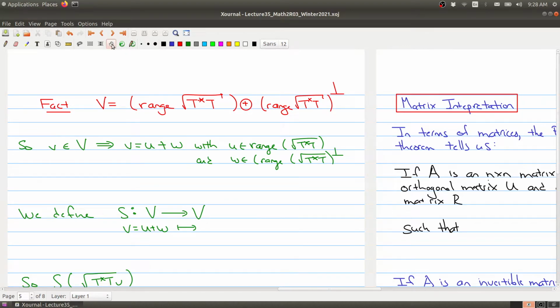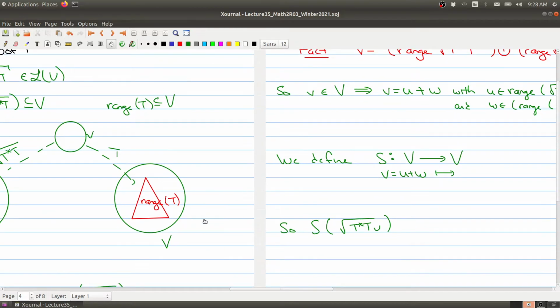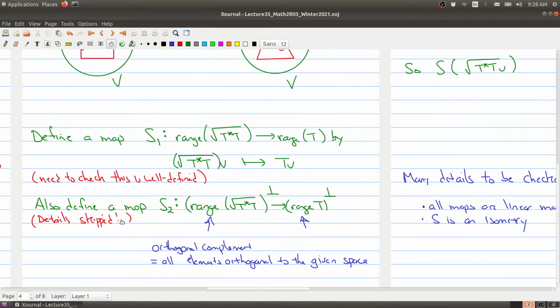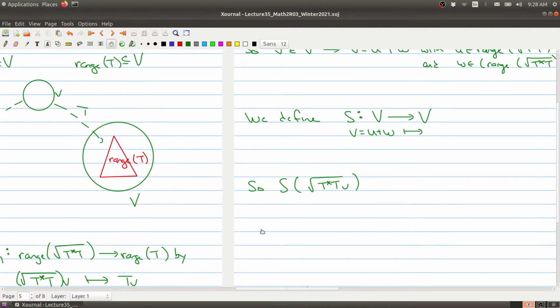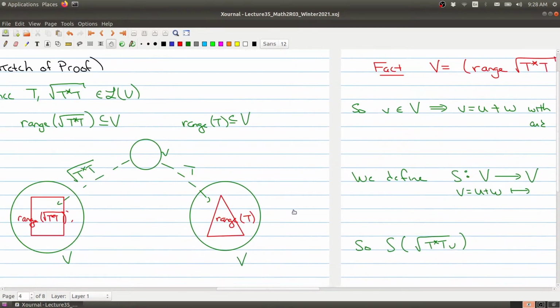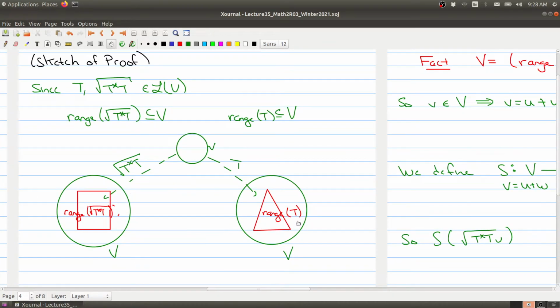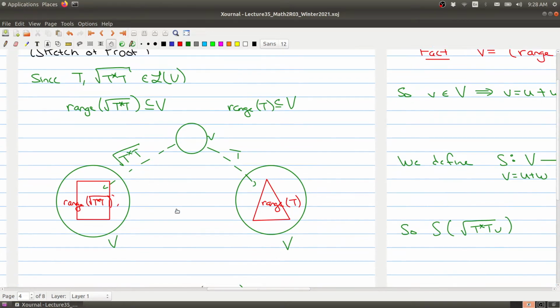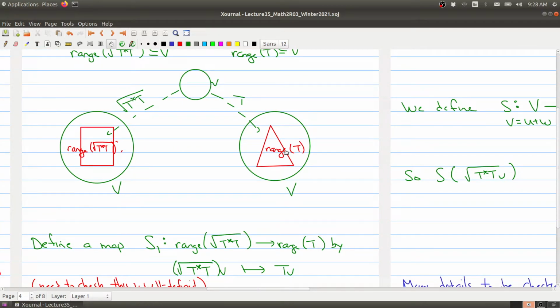Okay, and now I haven't told you how to do this map S2, but there is a way to define a map from this space to this space. So now we really want somehow a map from here to here. What we're trying to do is have a map from this space to this space, and we want it to take things in this red box and map them to inside of this red triangle. Now we have a map that does that, from the red box to the red triangle, but now we